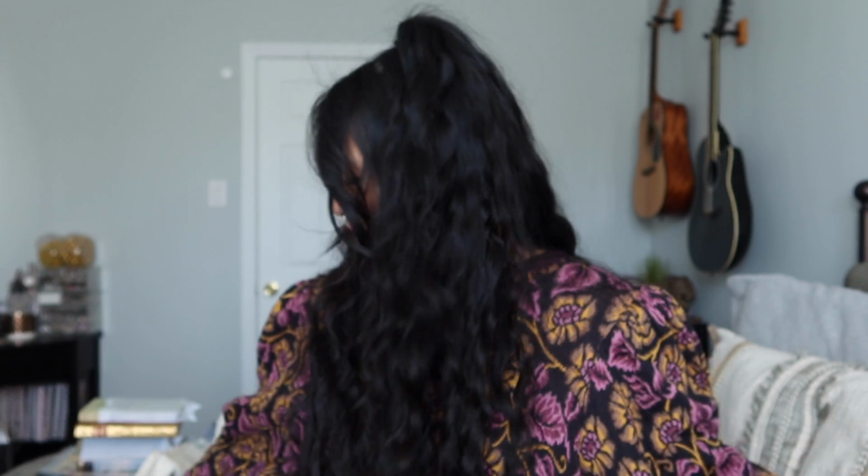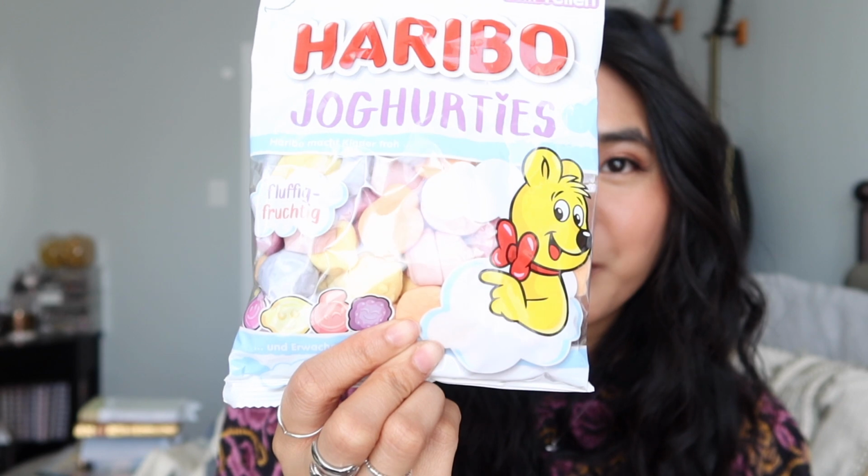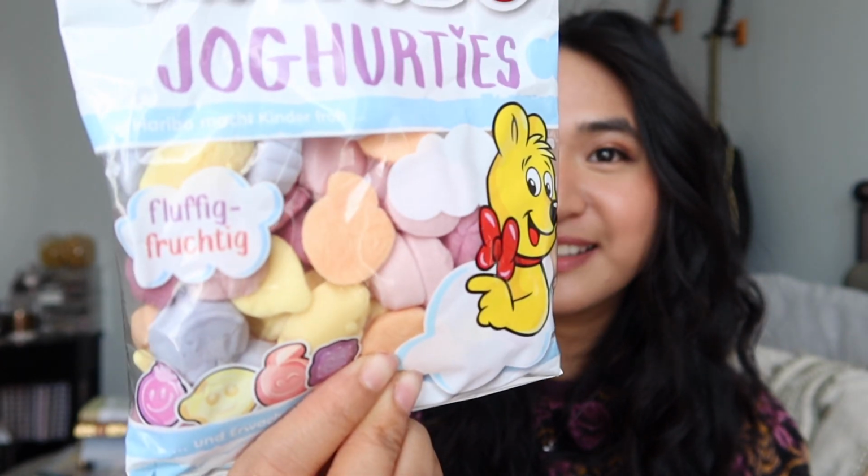Then we've got the Happy Cherries. Oh, that's in English. So it's just cherries. Very cute. Then we've got the Hogarties. So like a yogurty one maybe. And they look so cute. This one's cute because they're all pastel-y. Look at that. So maybe I picked up a few bags of candy, but that was fun going to the